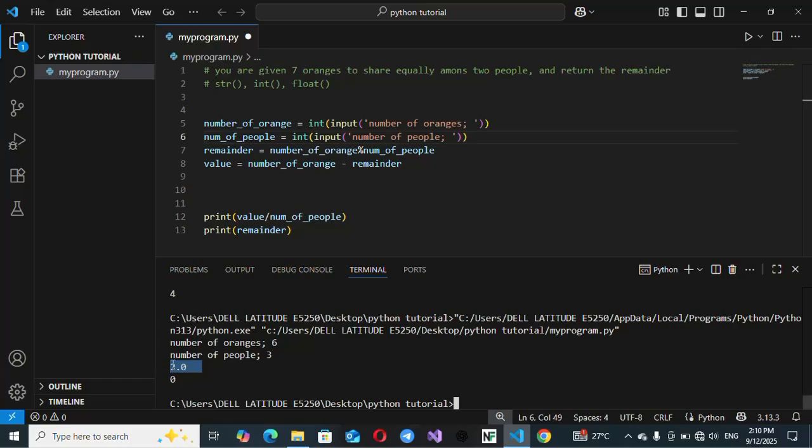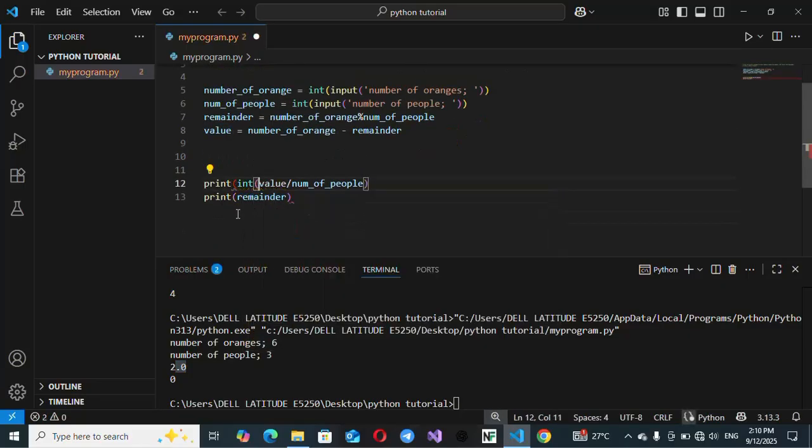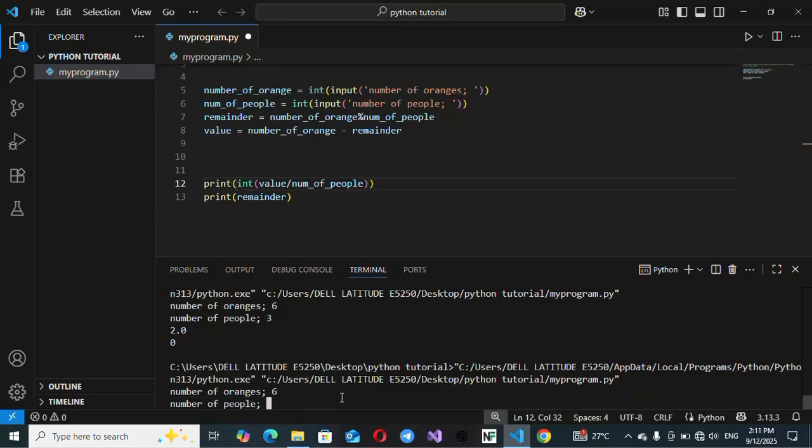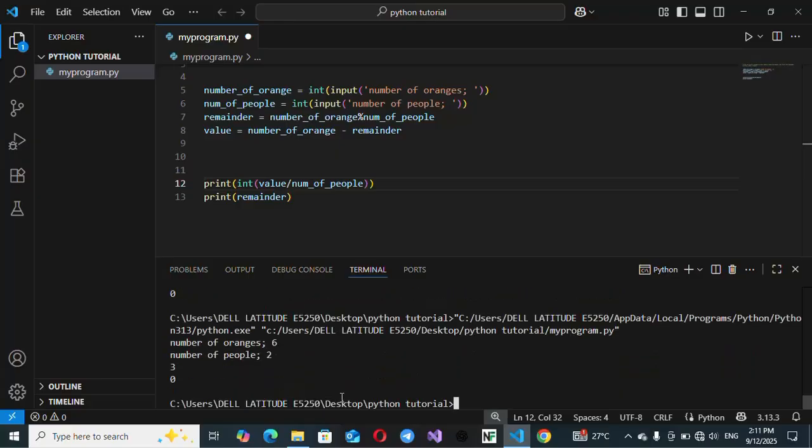Okay. So this 2.0, we don't like this .0. How about we convert the value here into an integer too? So it removes the decimal point. I want it to be a whole number. So let's say 6. Sorry, not here. Come to the terminal here. 6, 2, 3. Now, what if, instead of putting 6, which is a number divisible by 2, what if you